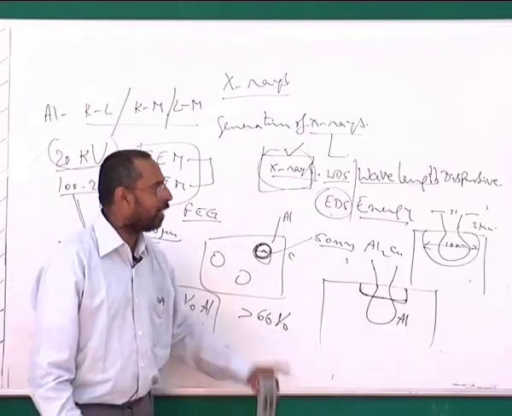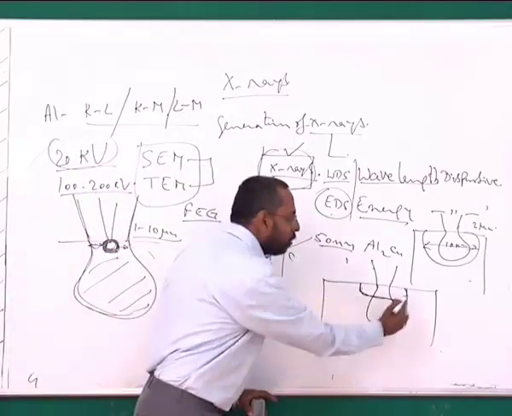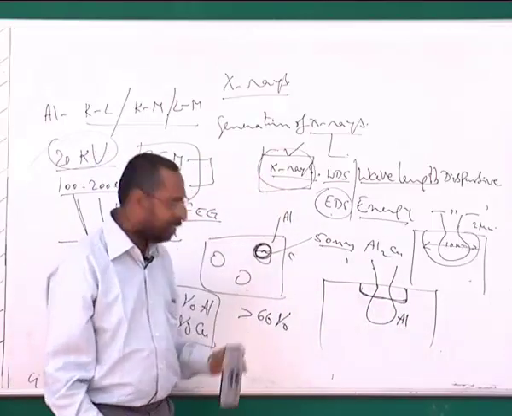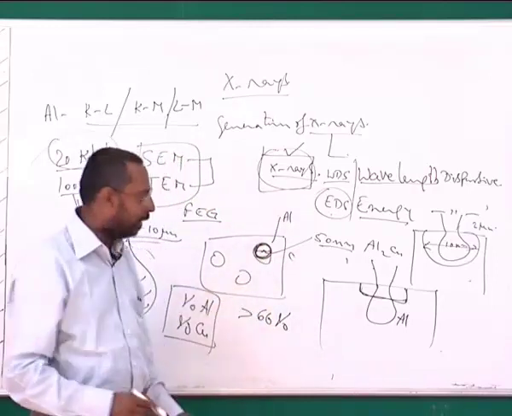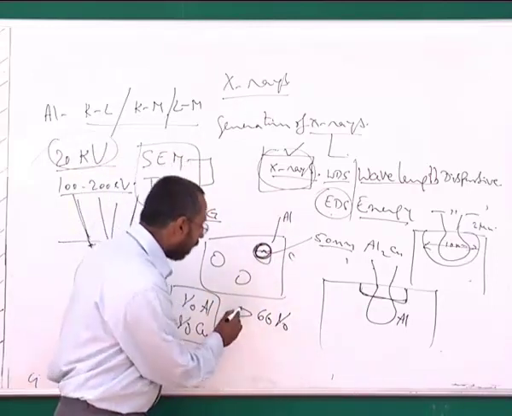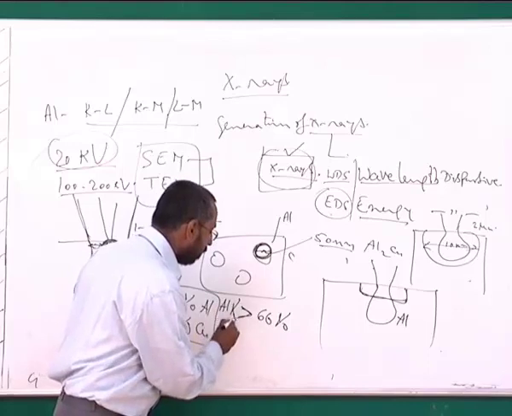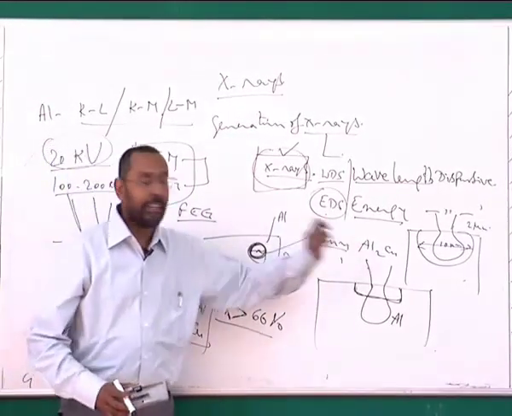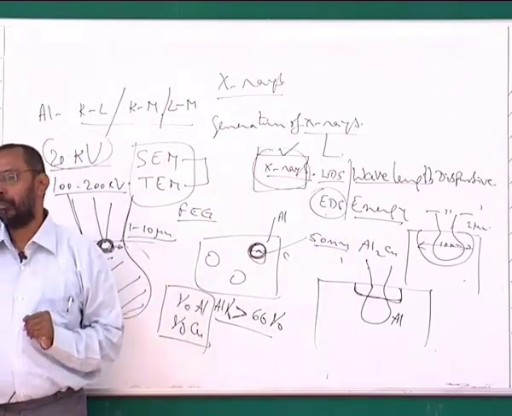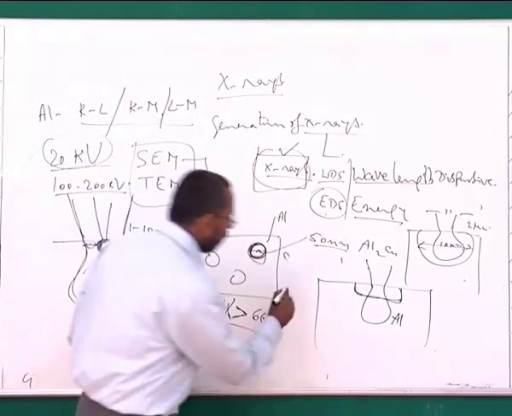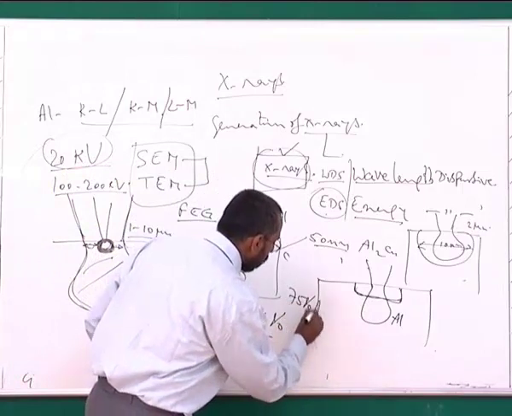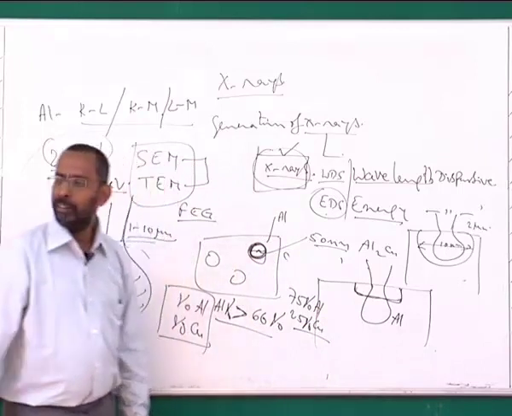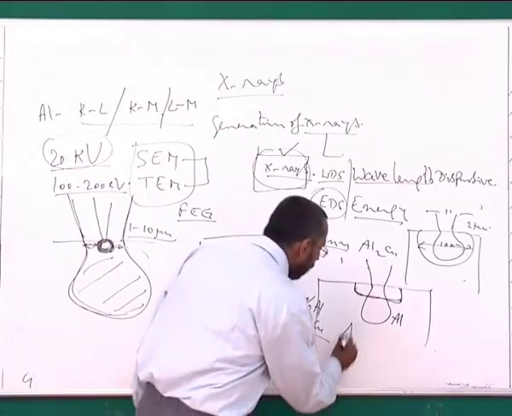If this particle is Al2Cu, it should have 66% aluminum and 33% copper. But I suddenly see that the amount of aluminum is greater than this percentage. If I do not know that this is an Al2Cu particle, and I am getting, let's say, 75% aluminum and 25% copper, I tend to feel this is an Al3Cu